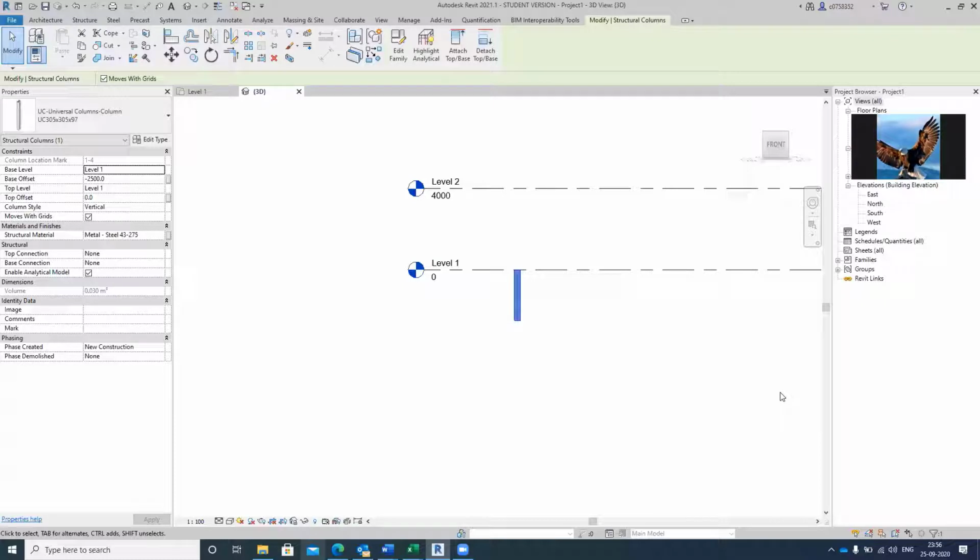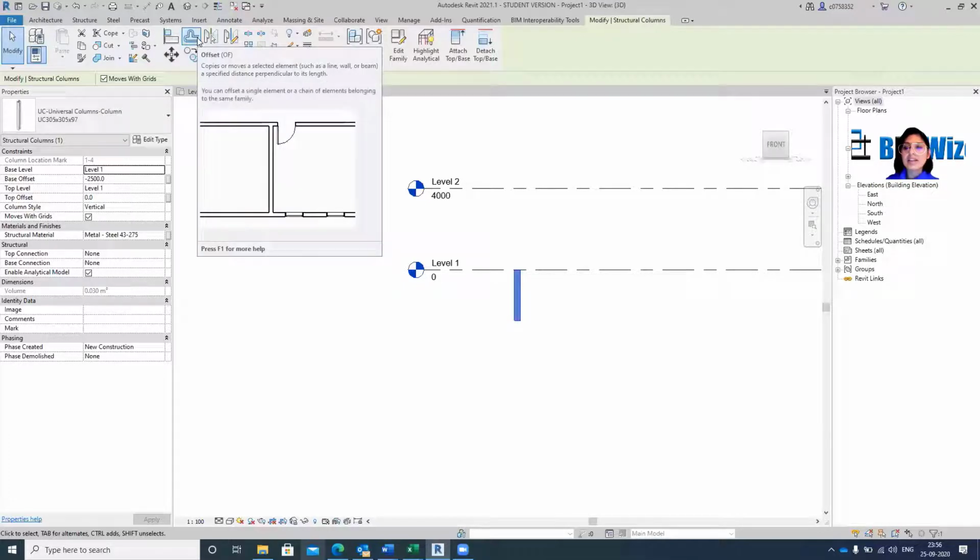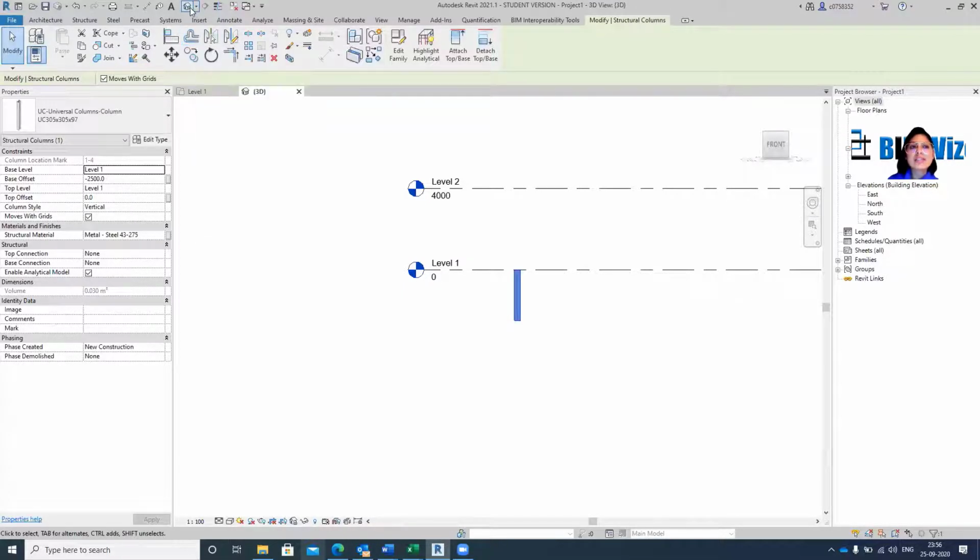So if you guys have not noticed, we were in level 1. And when we are in level 1, our eye level is somewhere here, and my column is below. So it's not looking beyond this level. If you are confused about something you've placed and you cannot see it, quickly go and see